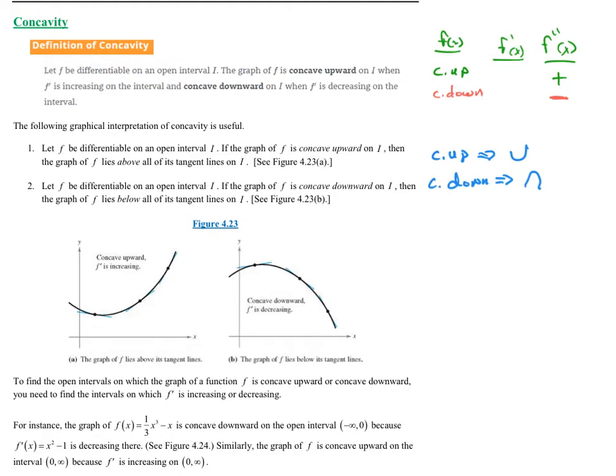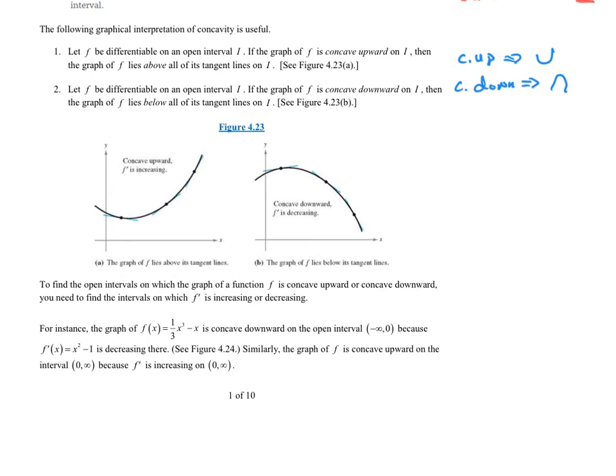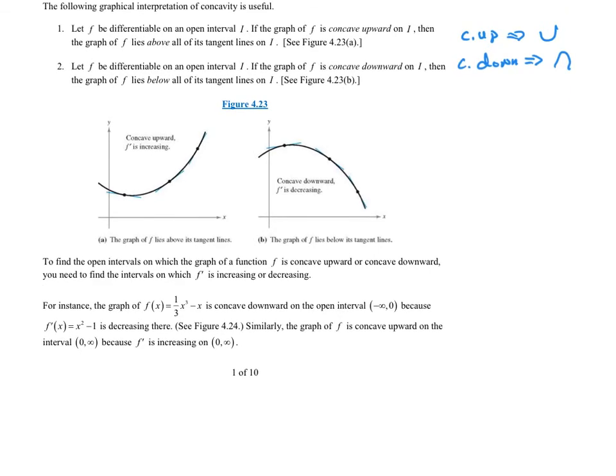All right, so let's continue. It says to find open intervals on the graph of a function f is concave up or concave down, you need to find the intervals for which f prime of x is increasing or decreasing. For instance, the graph of 1/3 x cubed minus x is concave down on the open interval negative infinity to